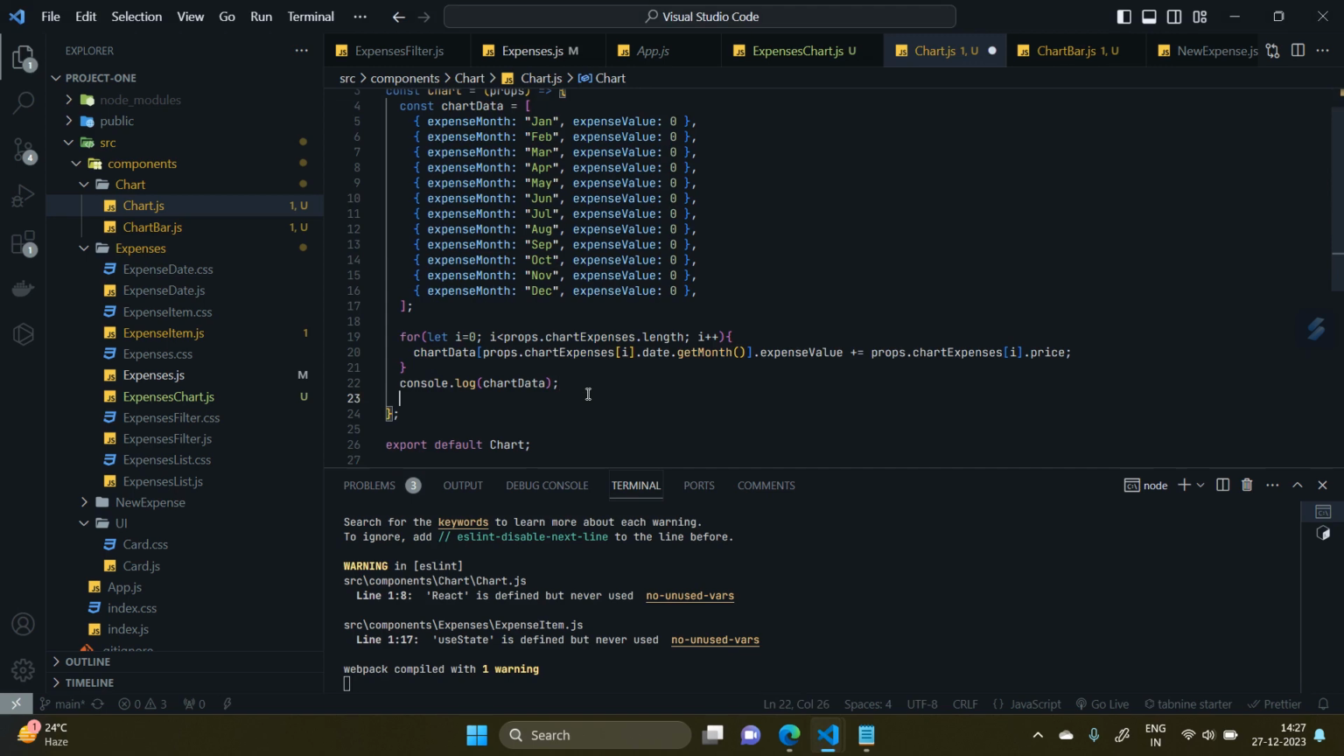Now we need to pass this to the chart bar. But we need to pass it using the map method, so we iterate through this data, and then we can pass it to chart bar. So I can say that I should return a div,